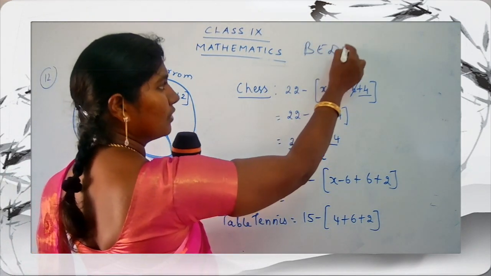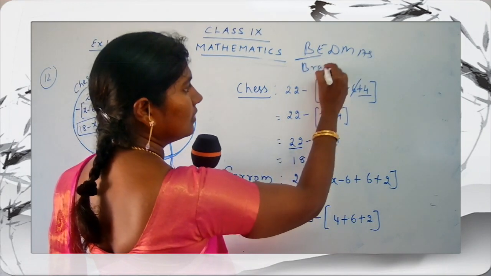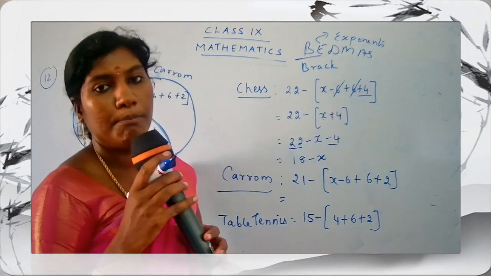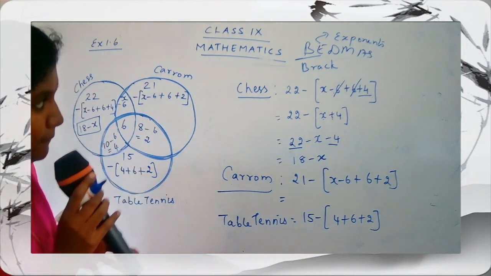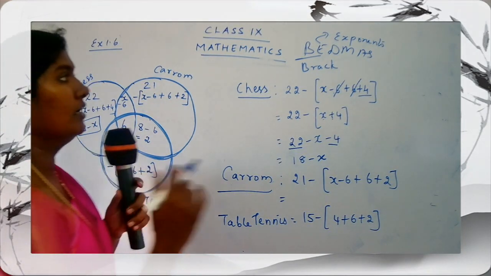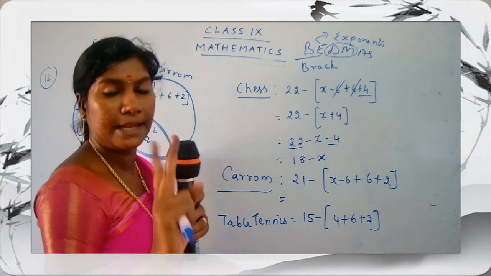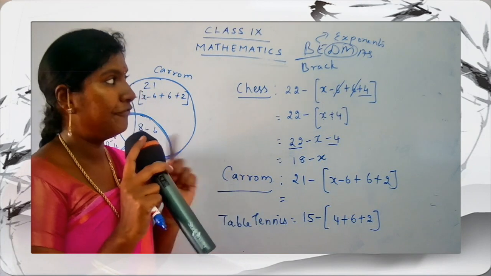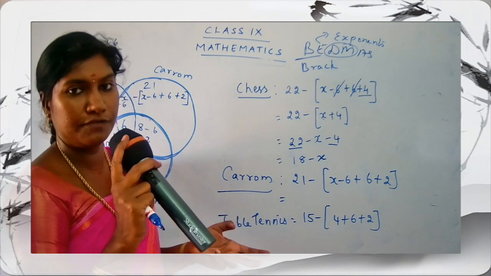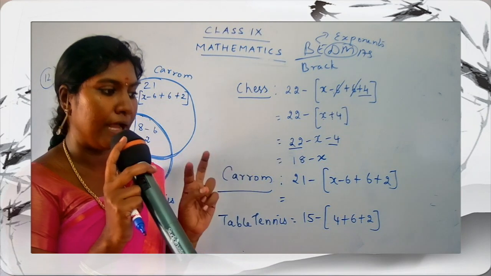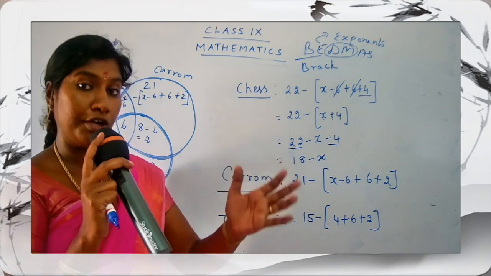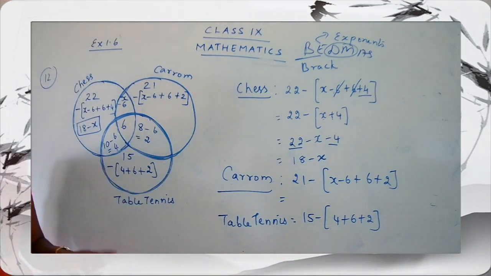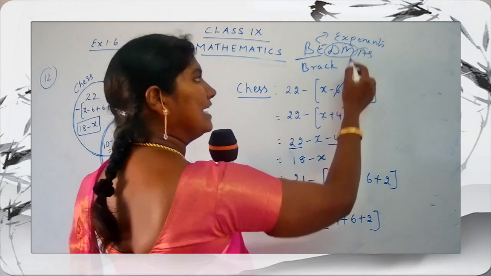Actually, we say it's BEDMAS rule, okay? BEDMAS means bracket and E stands for exponents. Power. D division, M multiplication, A addition, S subtraction. Now division and multiplication are same. That is, they are given the same weightage. If division comes first, you have to do division first. If multiplication comes first, you have to do multiplication first. So they are same. Same way, we give the same priority to addition and subtraction.